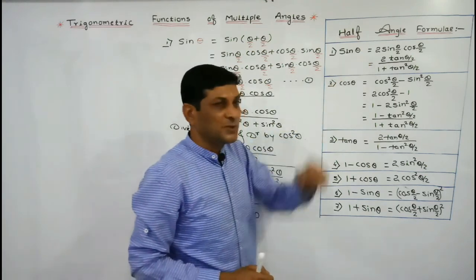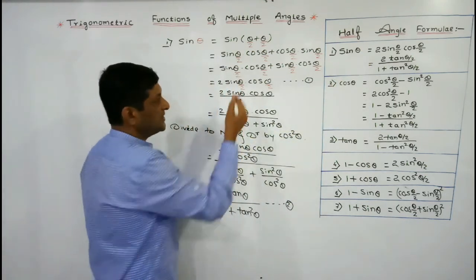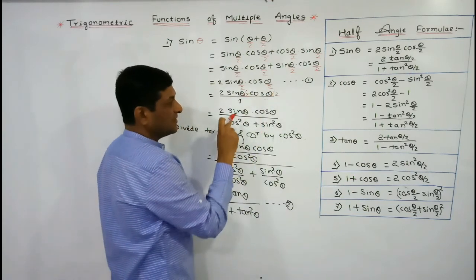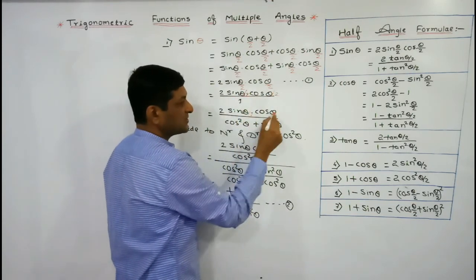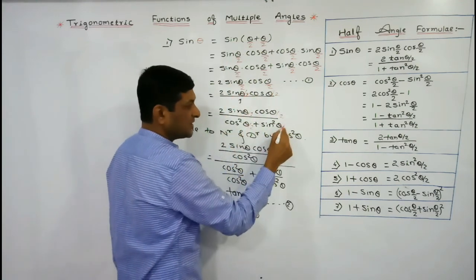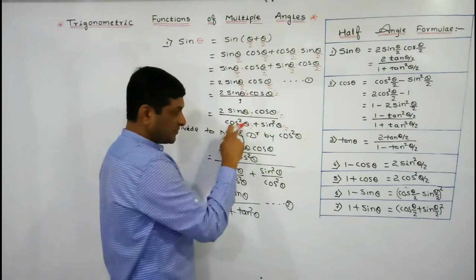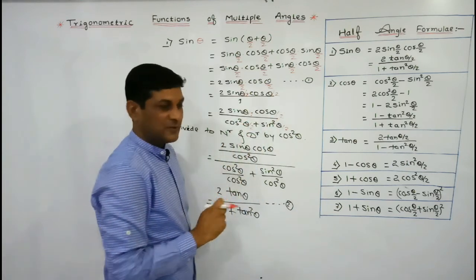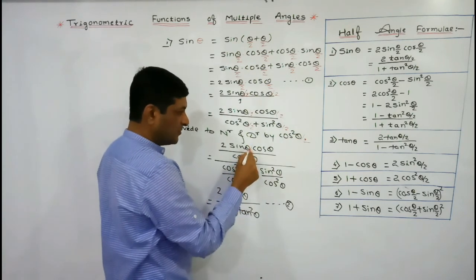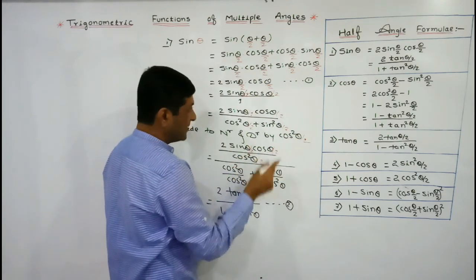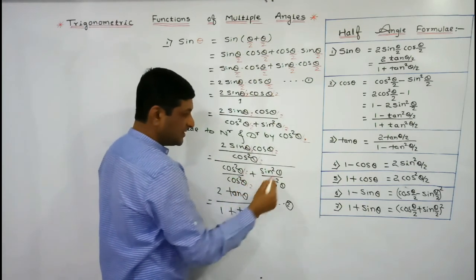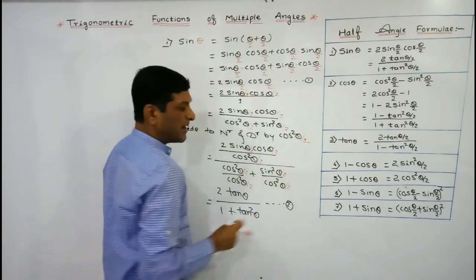Now let us try to prove this second formula also. So here keep this theta by 2 as it is, isn't it? Now keep this numerator as it is, nothing is in the denominator, means 1 is there, and 1 can be written as cos square theta by 2 plus sin square theta by 2. Now if I divide the numerator and denominator by cos square theta by 2, see what we'll get. Theta by 2 is already there in this expression. We are dividing the numerator and denominator by cos square theta by 2.